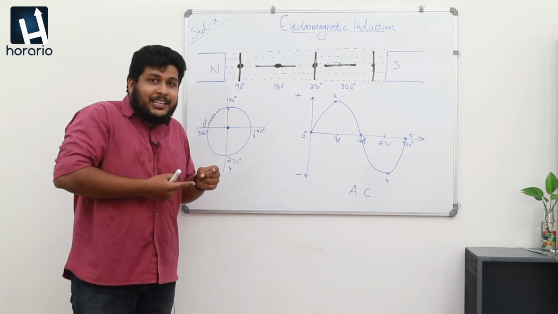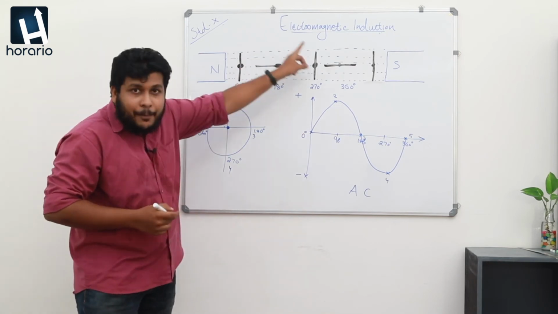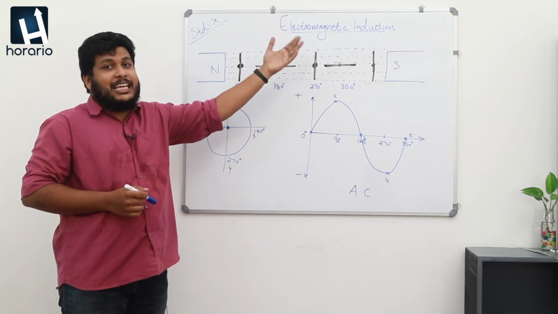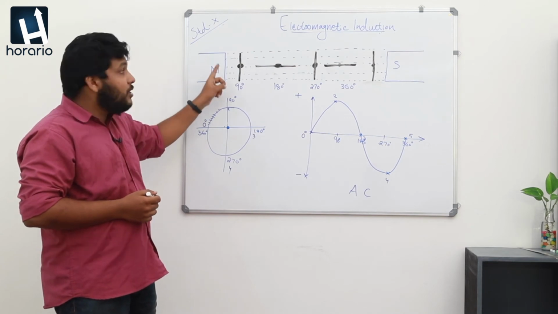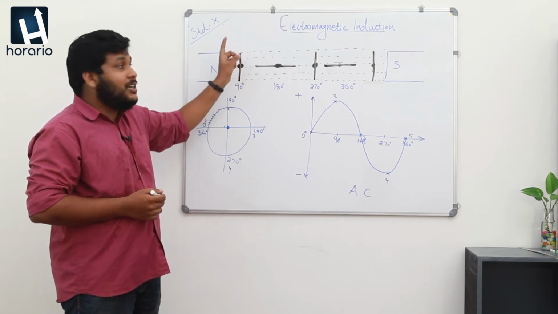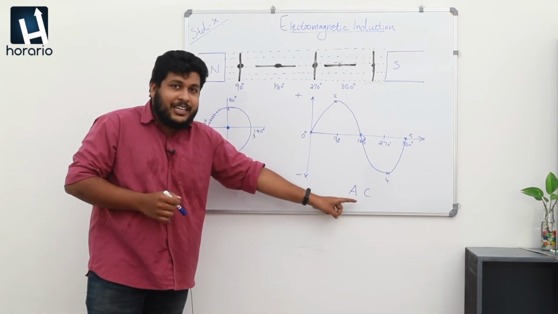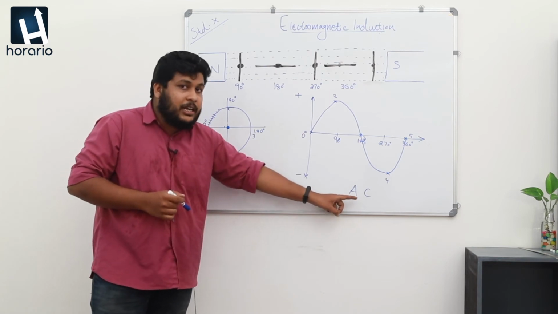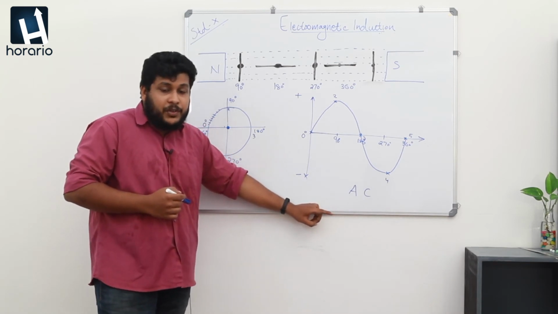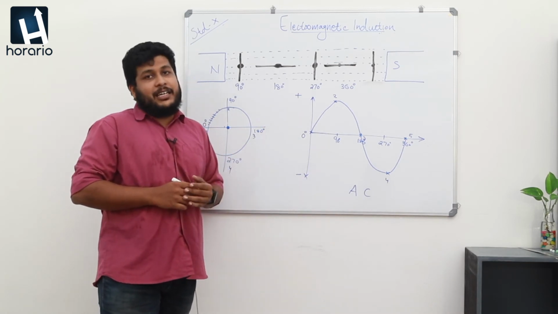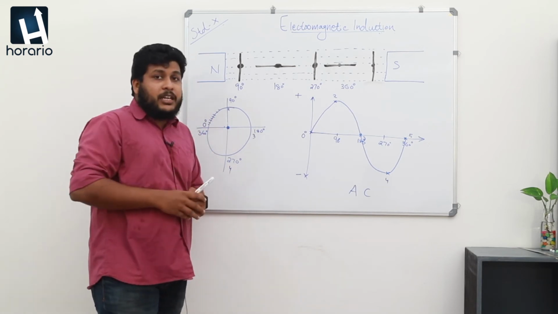The mechanical energy given to the armature leads to motion inside the magnetic flux, which leads to the formation of electrical energy. That electrical energy depends on the position, or the magnetic flux linkage with the armature, which eventually leads to the formation of alternating current. So that's the part relating to the generator. Read the textbook very clearly on page number 52. Pages 51 and 52 explain the working of a generator, and you all should go through that portion. Okay, then we can go to the next portion.